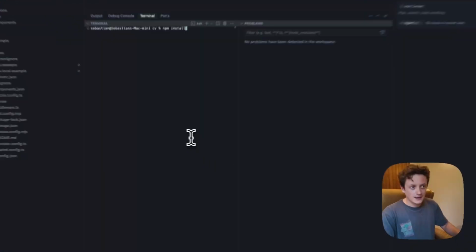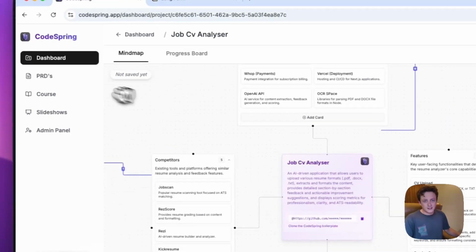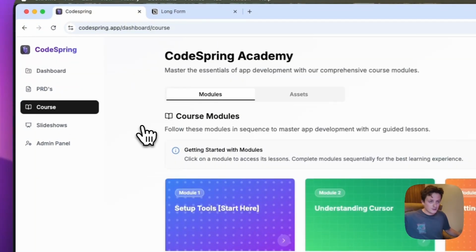I'm just going to go ahead and open that up in Finder, open a new terminal, and then run npm install. And while that's installing,